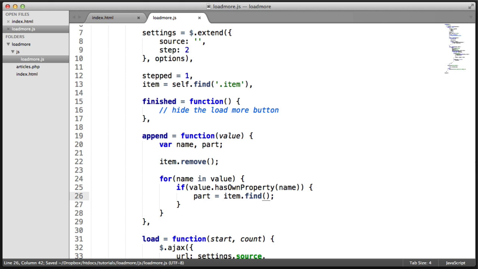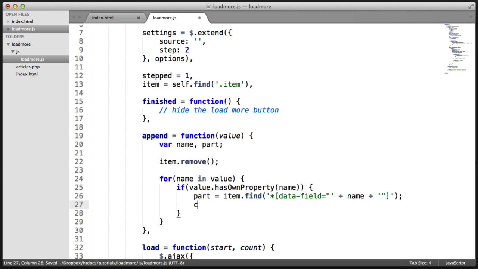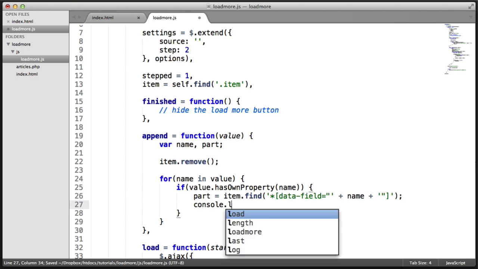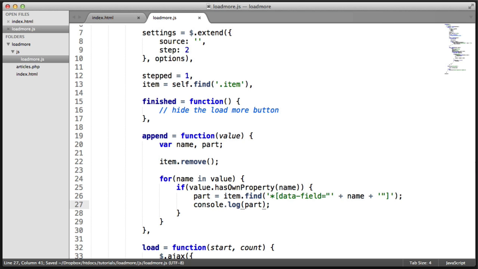We've already seen the find method, but this time, inside of here, we're going to use a selector to find the data field where it equals the name, because we've got ID, title, and description. So in here we're going to do an asterisk search for any item that has a data field equaling something in double quotes. Then we just want to concatenate on the name. If we do a console log, which is extremely useful for debugging as we go or checking as we go,